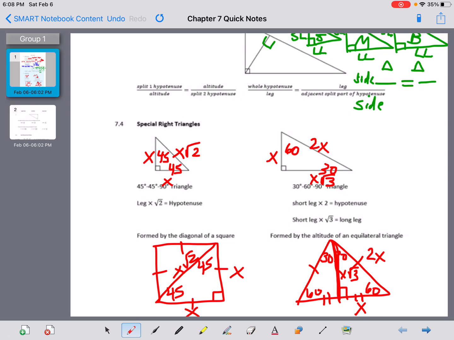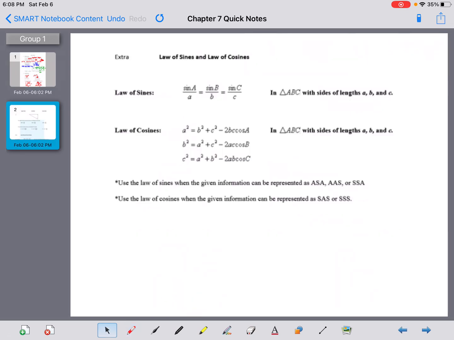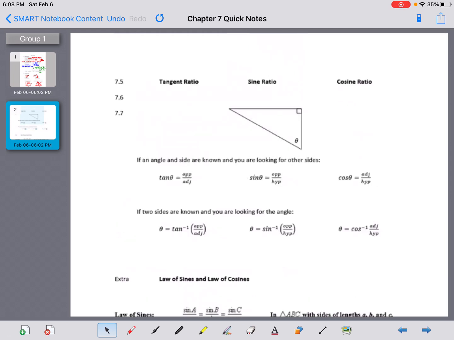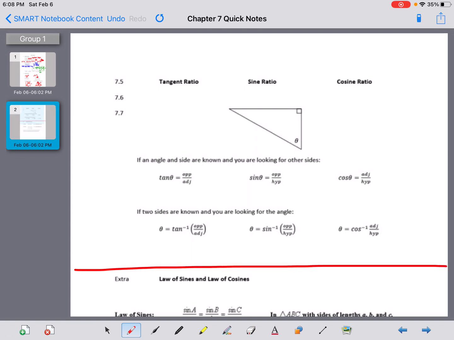All right, back page, okay? We're really looking at the top. The bottom is something new that we're going to do later, okay? I'm just going to warn you there. Okay, I combined here all of 7.5,